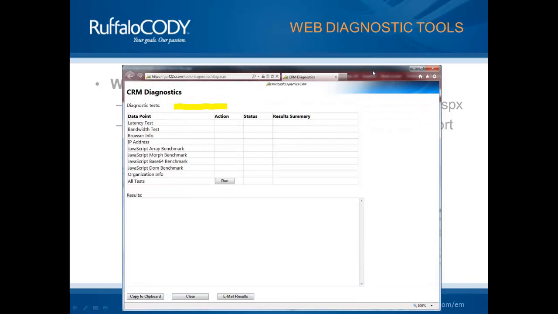So when you go to that page, you're going to see something that looks just like this. And you'll see the data points that are listed here on the left-hand side. These are just the different tests that it's going to run. So it's going to check and see what your browser is, and it's going to see actually whether you're using compatibility mode and if that might be a problem. So it's going to run all these tests, and then it's going to collect the results in the section below. So to run the test, you just simply open this page and click the Run button. And when you do,